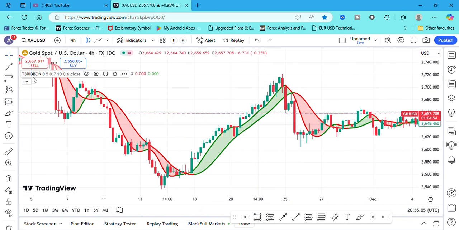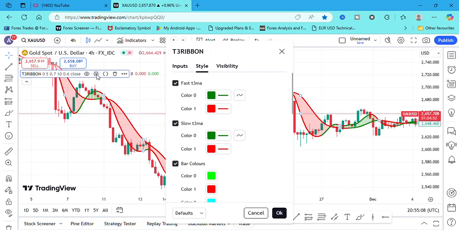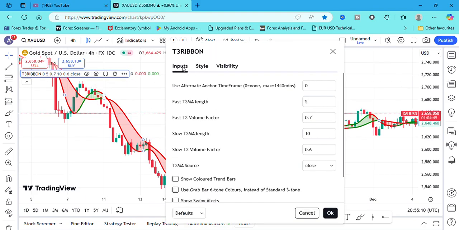So then, this setting I already made for the setup. I can tell you: input, use alternate anchor time frame is 0. Okay, coming to the second one, fast T3 MA length is 5, then put 5. Fast T3 volume factor